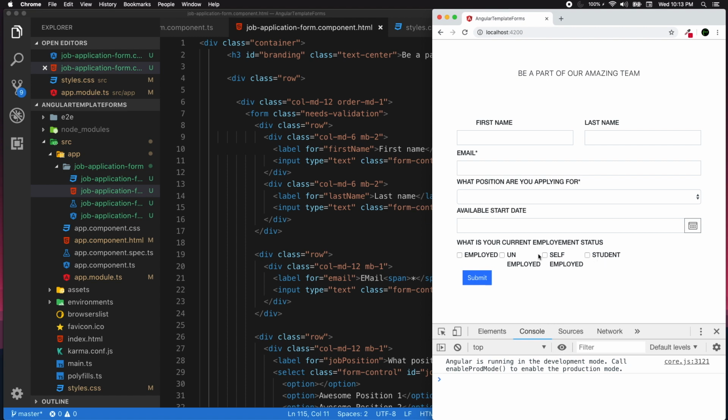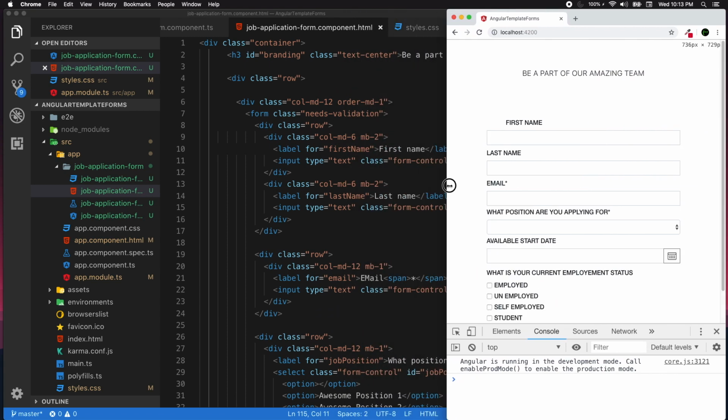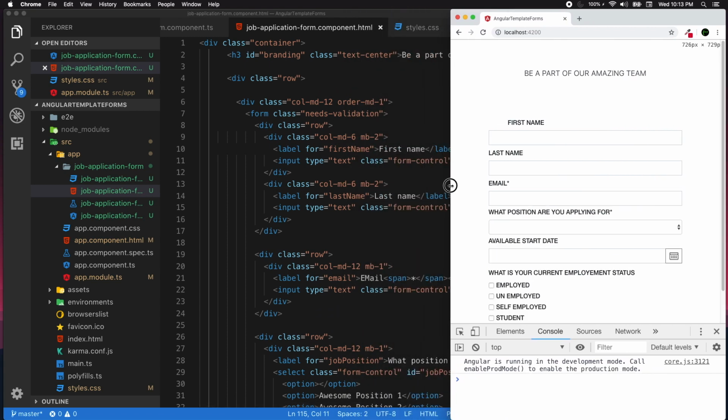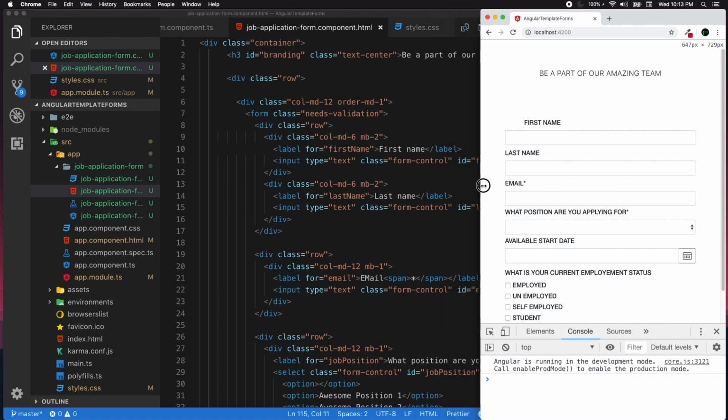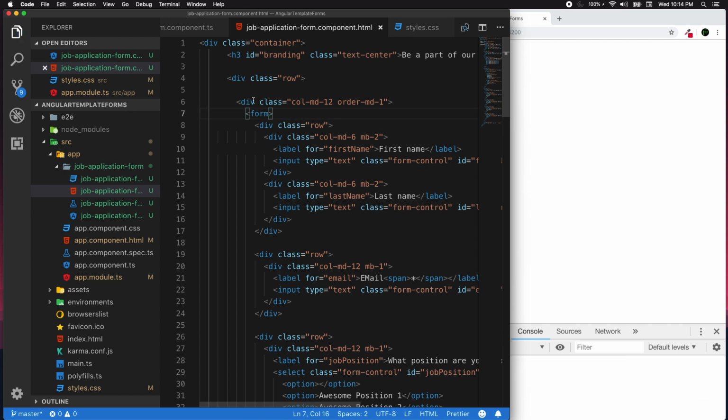Let's not worry about these things, we will be fixing it later on. So it is kind of a responsive form using Bootstrap. So when the screen size shrinks down, when you're seeing this in a mobile, it will be looking like this. I'm gonna just get rid of this class, we don't need it. So it's just the form. If you take a closer look,